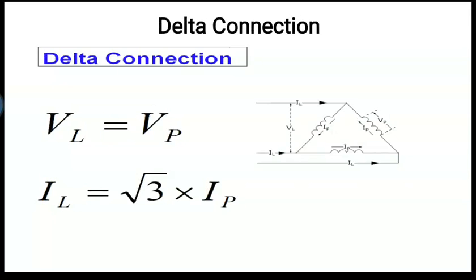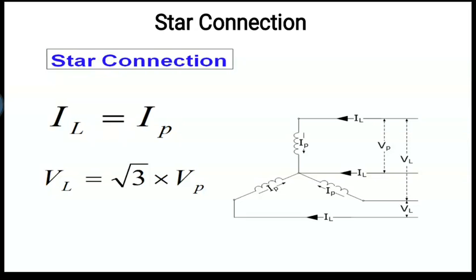Okay, maybe they can ask for 2 marks also, and with the diagram they can ask for 4 marks, but it is very simple. So this is a relation between voltages and current in the delta connection and a star connection. Remember this thing, star and delta connection are for three-phase supply, right? It is not for single phase supply.